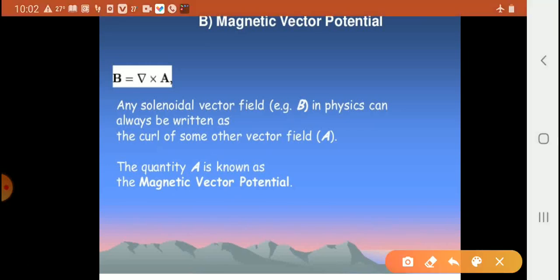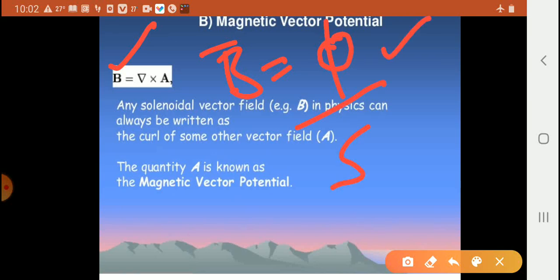Now the magnetic flux density B. B vector equal to phi upon S, the total flux upon surface area. The magnetic field intensity H depends on the moving charge. It does not depend on the medium. The force associated with this H is called the magnetic flux density. It is denoted by B.